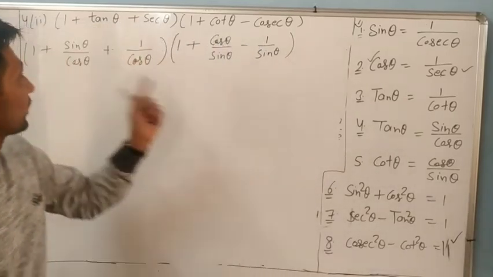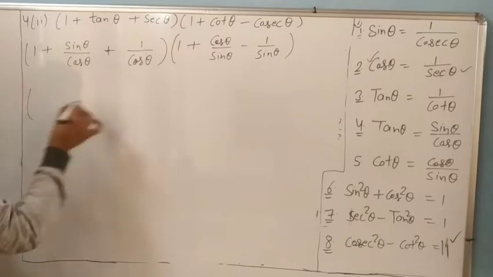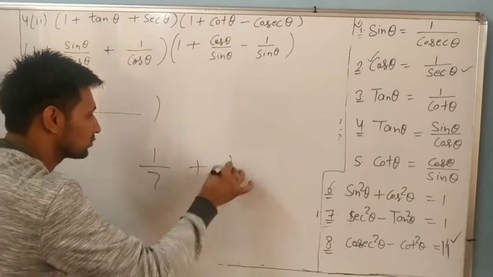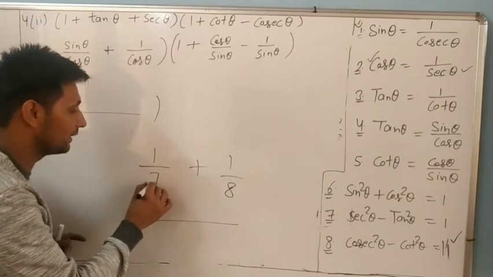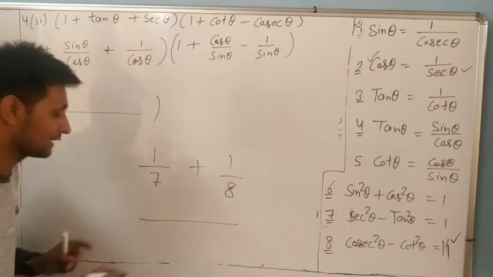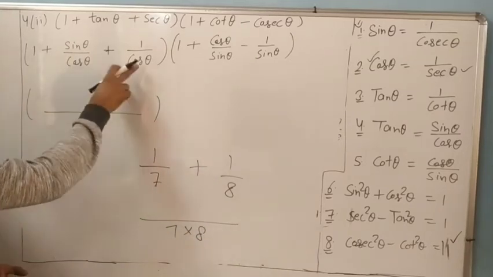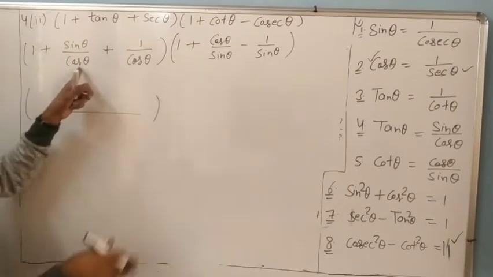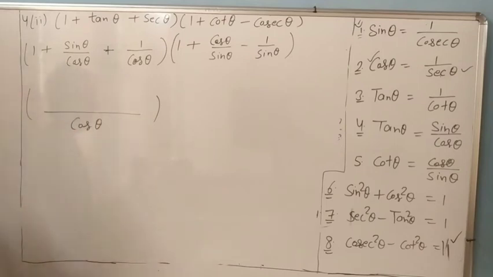Okay, so look, these are fractions, and how can we add fractions? By taking LCM. So what is LCM? If I write 1 by 7 plus 1 by 8, where there is nothing common in the denominators, the LCM is multiplying both, 8 into 7, 56. Otherwise 7 into 8 we can also write, same as it is. So here both denominators are cos. Both are cos, so what is common in both? Same. So what is the LCM? LCM is cos theta here.